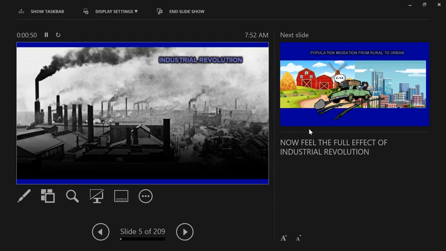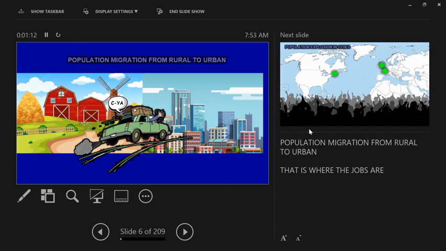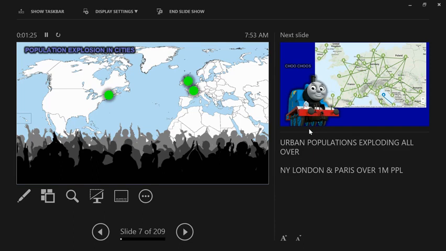During this time, I've mentioned the Industrial Revolution is going on. So with the increased technology, factories are able to mass produce objects, to help make other technological wonders, but also products that people buy. And what this has caused is a mass migration from the countryside into the city, from the rural to the urban, because this is where the jobs are. The jobs are in the cities, and urban populations are exploding.